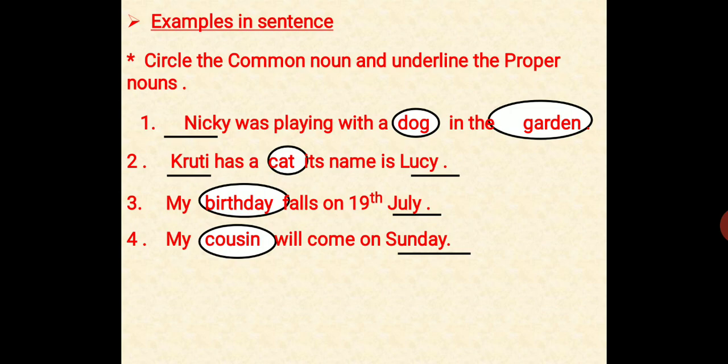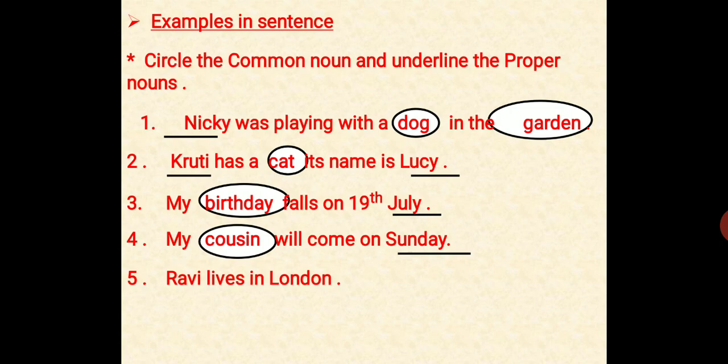It is not compulsory that in each and every sentence there is more than one noun, or that each sentence has both kinds of nouns. It is not compulsory, just keep it in your mind. Maybe in a sentence all proper nouns are there, maybe all common nouns are there. Let's see some examples according to this possibility.